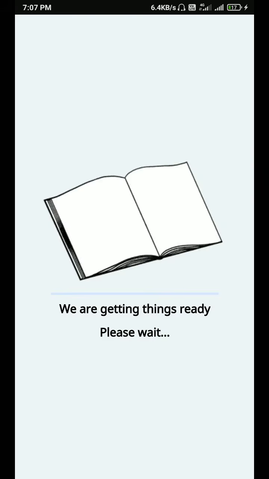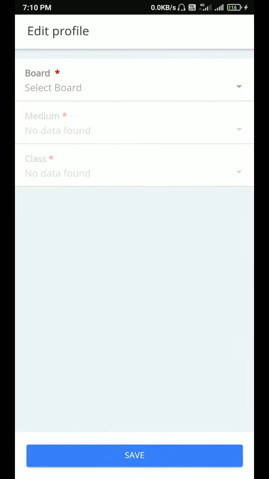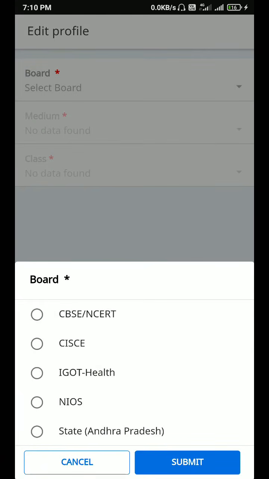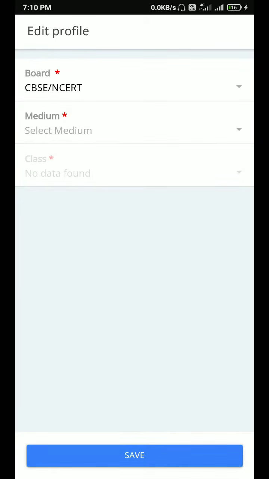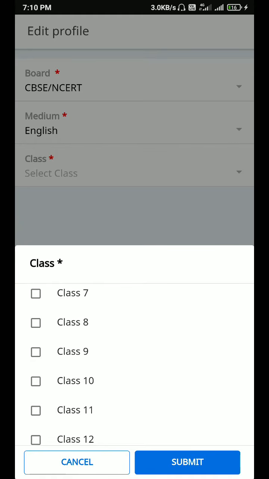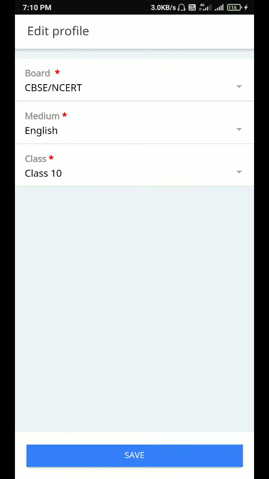Click the join course button. Then the edit profile page will appear. Select the board. Select the medium. Select the class. Click the save button.